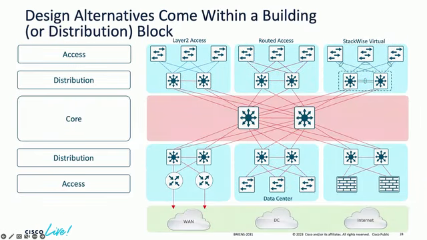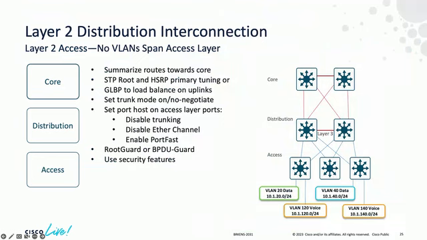OK, so we talked about different access, distribution, and core layers. We talked about why we need the core layer. Now let's talk about the distribution block and what sort of options we have. If I were to recommend a design which is simplistic and also deterministic, I would go with this